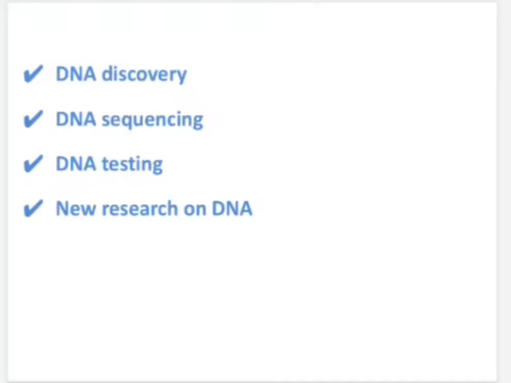DNA sequencing. DNA sequencing is a technology that allows researchers to determine the order of bases in a DNA sequence. The technology can be used to determine the order of bases in genes, chromosomes, or an entire genome. In 2000, researchers completed the first full sequence of the human genome, according to a report by the National Human Genome Research Institute.